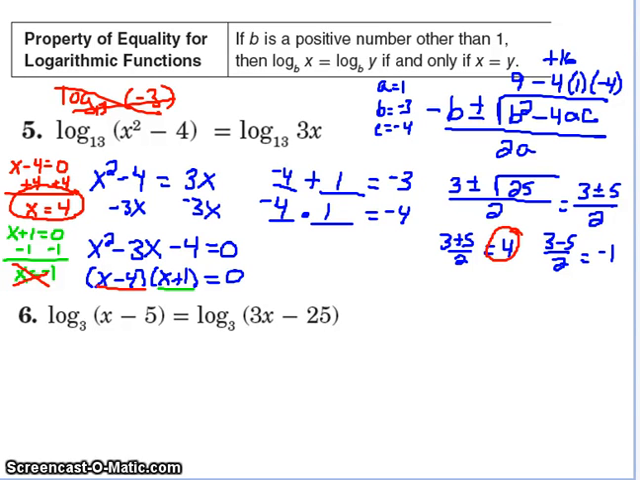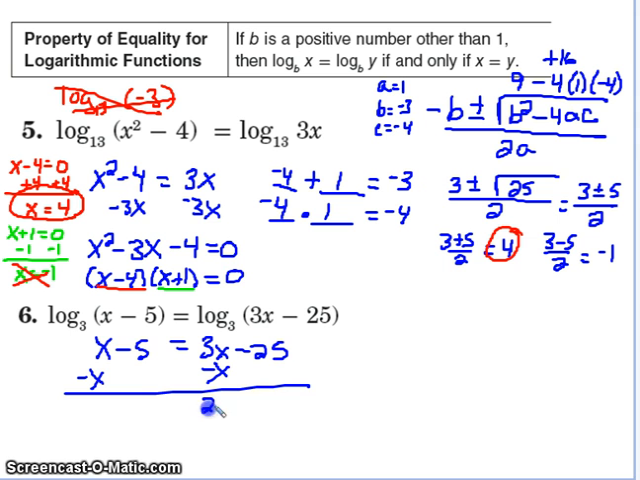We've got just a few seconds for the last one. I don't know if I can get it done. These have the same log base, so we get x minus 5 equals 3x minus 25. If I subtract x, that gives me 2x. Add 25, that gives